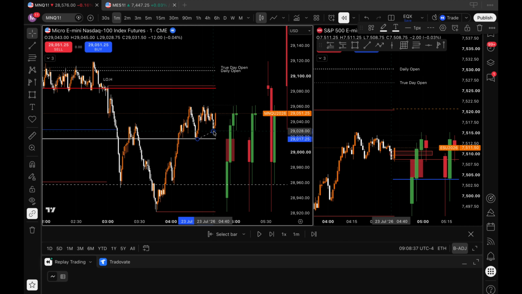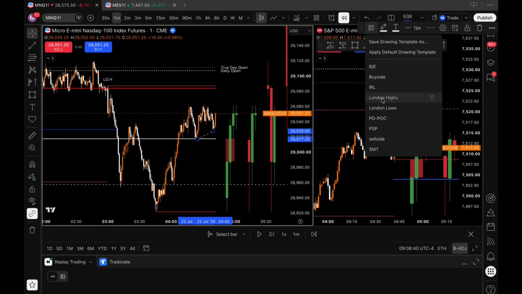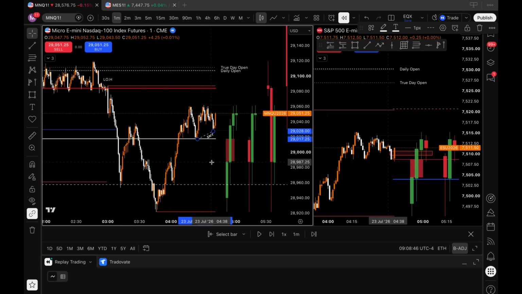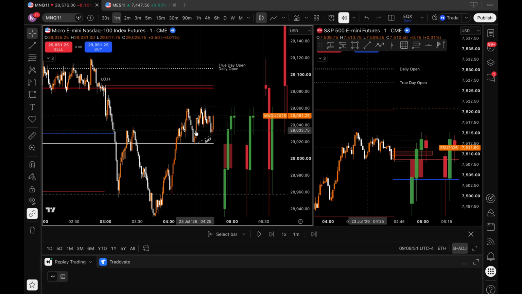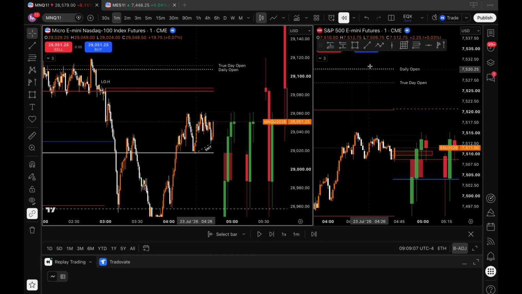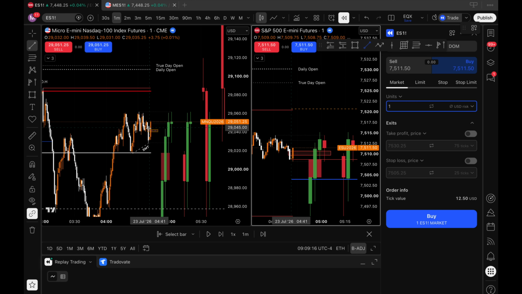Okay, so what this is showing me is that ES, which was the leading asset, is now the weaker asset because ES has been pushed into this gap to get a reaction, whilst the chart is showing me that NQ is not weak enough to even reach this gap. So on the inversion and the CISD, we have an inversion here. It's a tiny one, but it's paired with a CISD, so we have the inversion, the CISD,